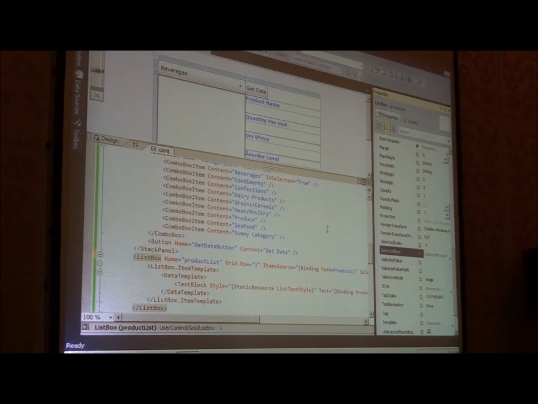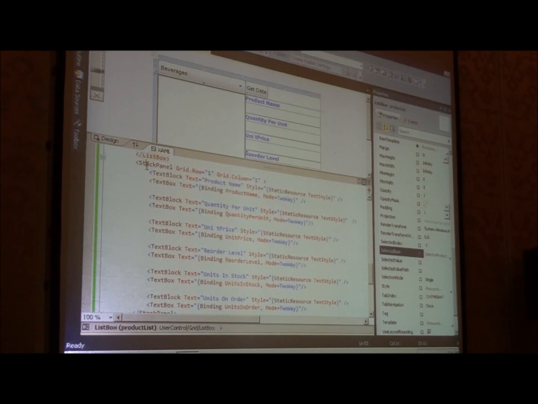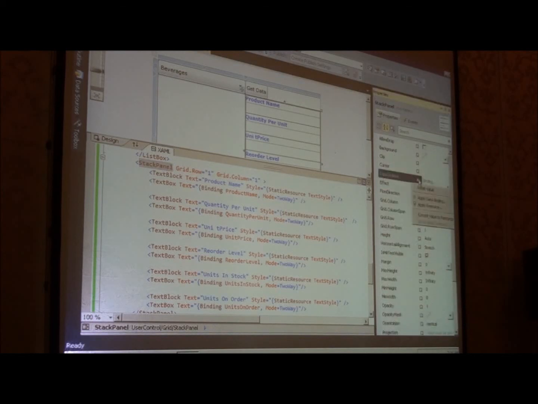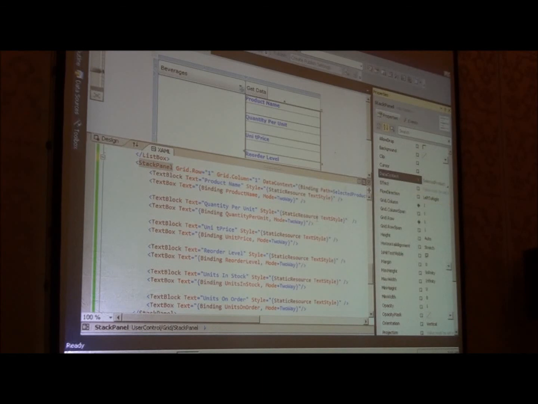Then I have this stack panel, which is for the display of the individual items. I am going to put its data context, okay, apply data binding to the SelectedProduct. Then